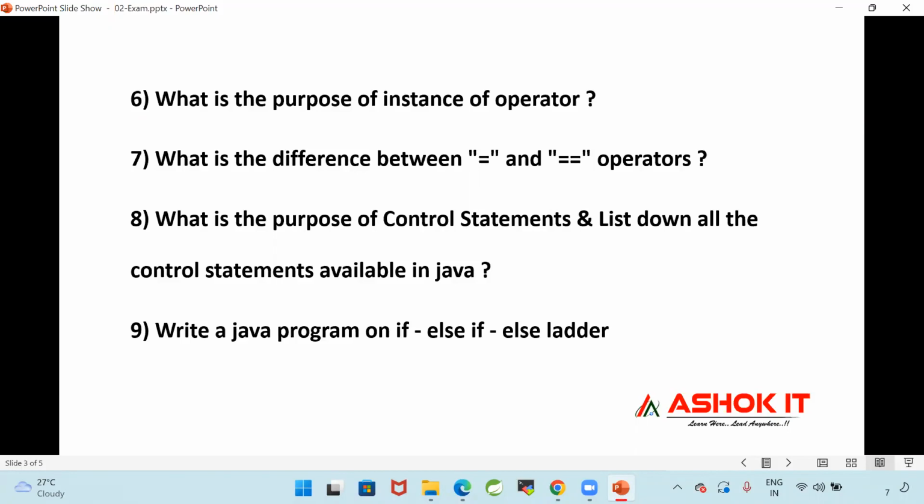You need to write a program, whether you will take numbers program or you will take strings program, it's up to you. Instead of public static void main, you can use the psvm shortcut. Don't use shortcut for the whole program. System.out.println, you can write SOP, SOPLN.